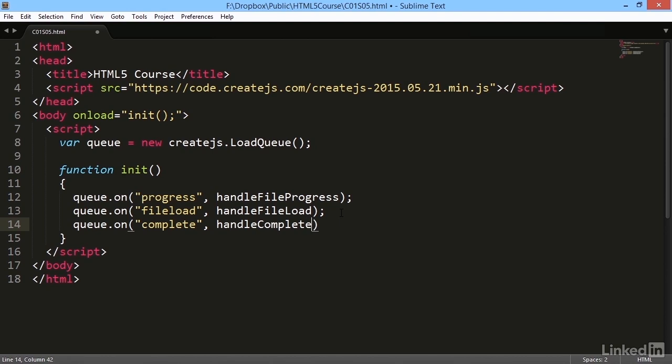Now what we need to do is load the files. The PreloadJS library has a method called loadManifest. LoadManifest receives an array of file names and loads them one after the other. So in our case we have an assets folder which has 3 files, 1.jpg, 2.jpg and 3.png. And we want to load them in this order. So we're going to write